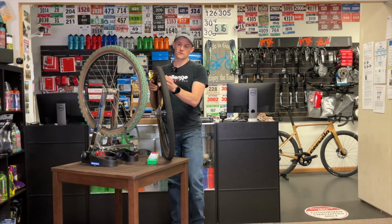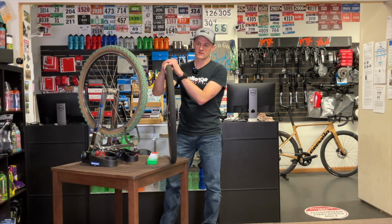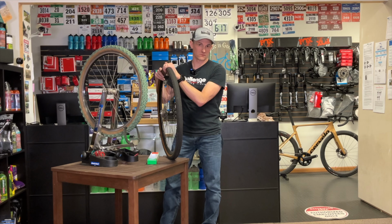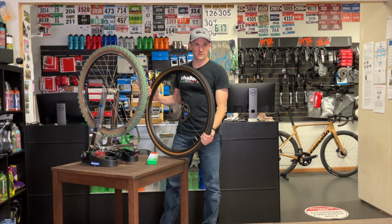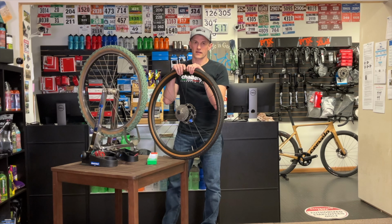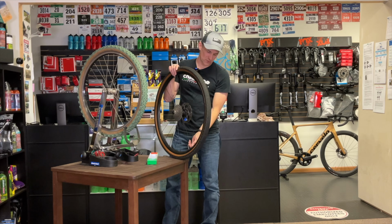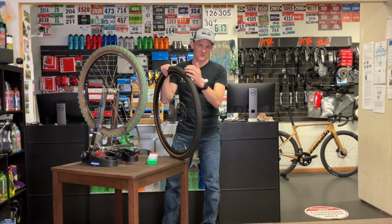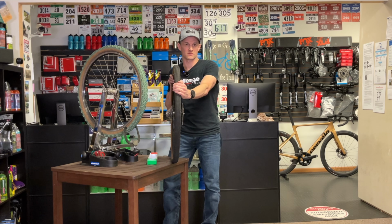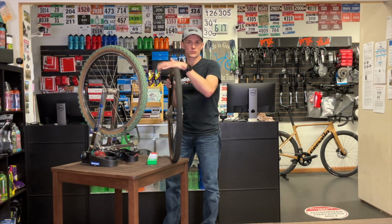But that's not even all of it either. If you bring us a spoke that's broken right off at the spoke nipple, and the spoke nipple got lost into the rim, even if it's not a tubeless setup, we're still pulling your tire and your tube out to get that. And sometimes we can quickly get it to shake out of the valve hole, but there's a lot of times where if it's a carbon rim, it's issues because there's flashing inside of there, and that spoke nipple gets trapped. And there is a steel spoke piece that's broken in there, so sometimes we can get a magnet and trace it out and get it to come out. But yeah, you could end up with a pretty expensive spoke replacement if you bring in a bike that is a rear wheel disc, a tubeless setup,